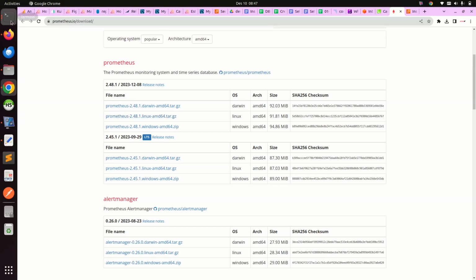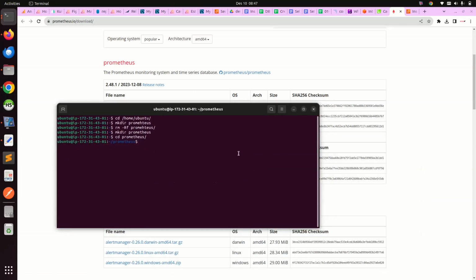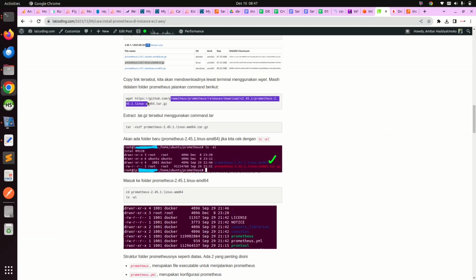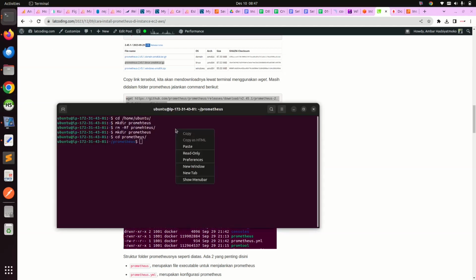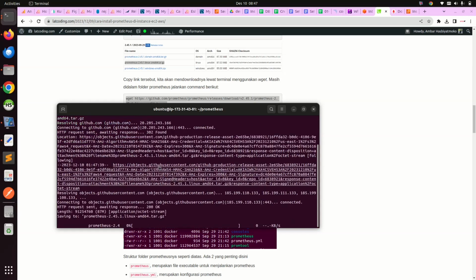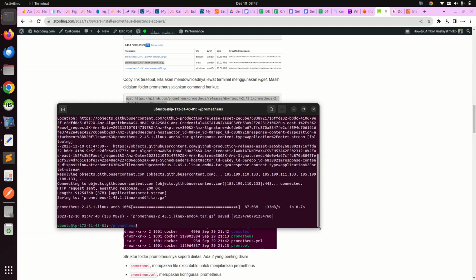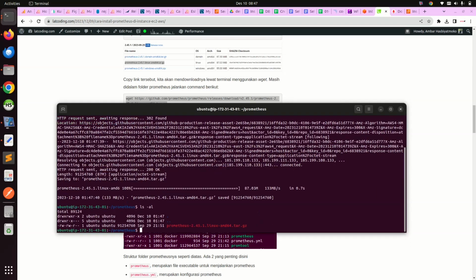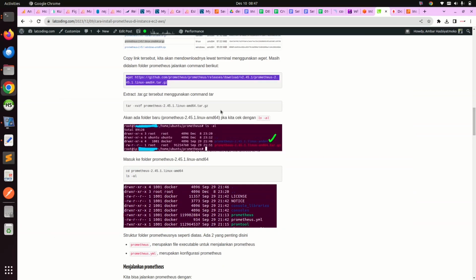Okay, back to the server. We will download the Prometheus source by using the wget command. Just copy this and paste it to the server. Then extract the file by using this command.